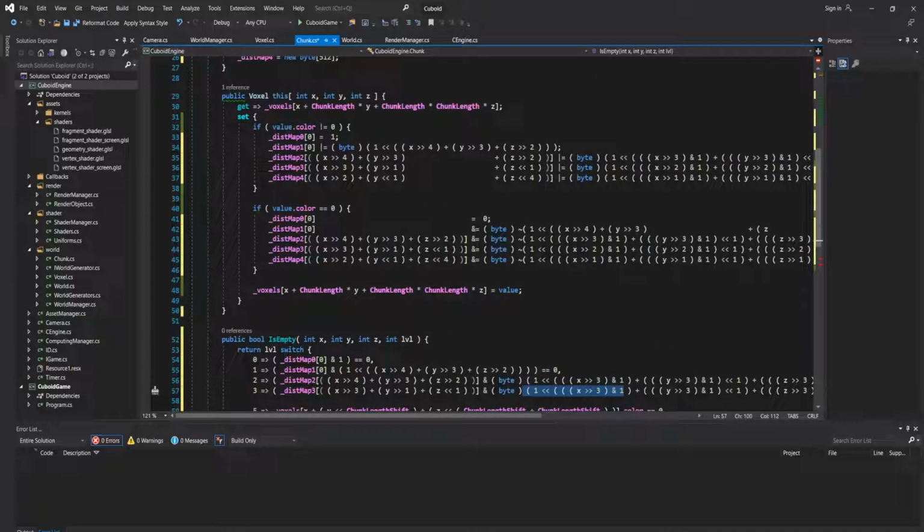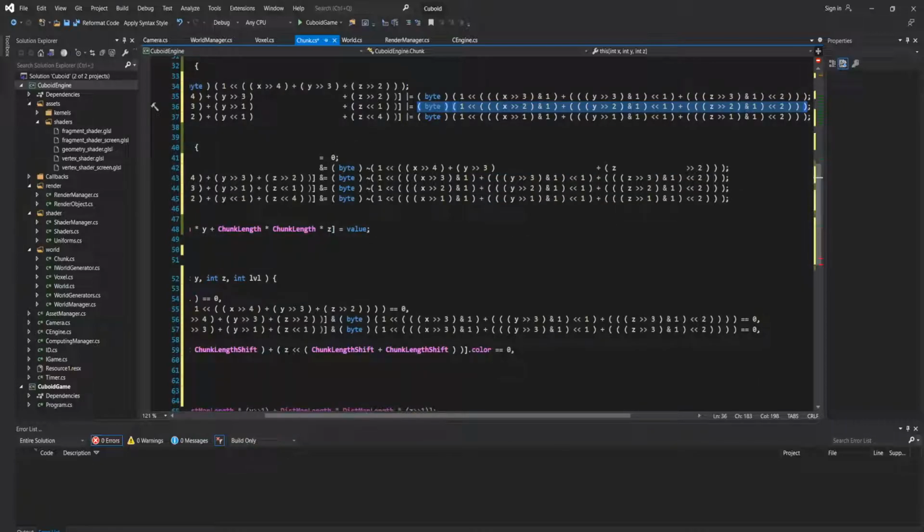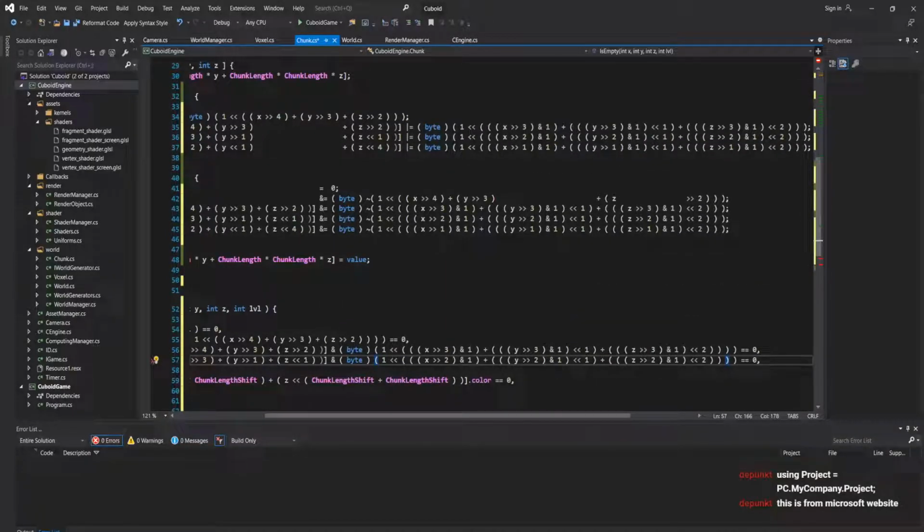Okay, and then for number 3 we need this thing. Wait, that's the same thing? No, it isn't. Okay, good. Using project equals mc.mycompany.projects. Yeah, I mean, yeah. This is from the Microsoft website. Yeah, no, but